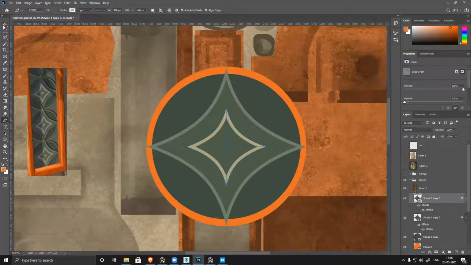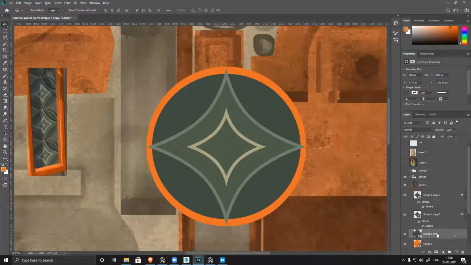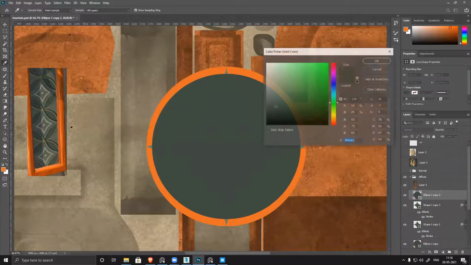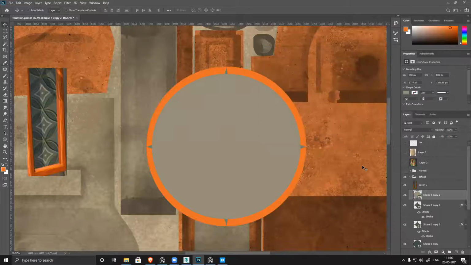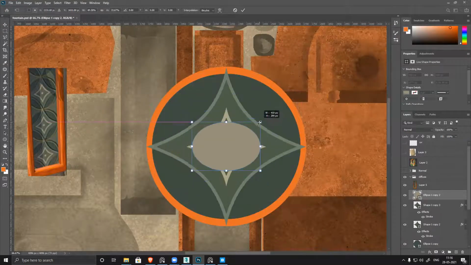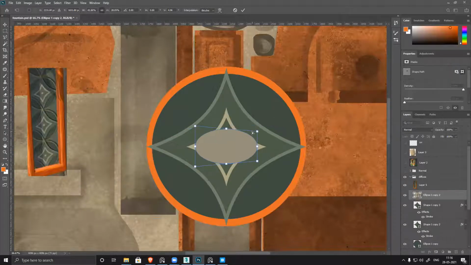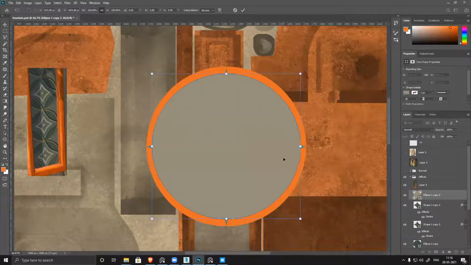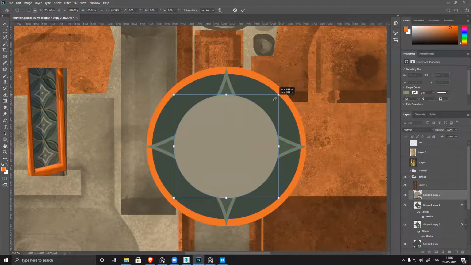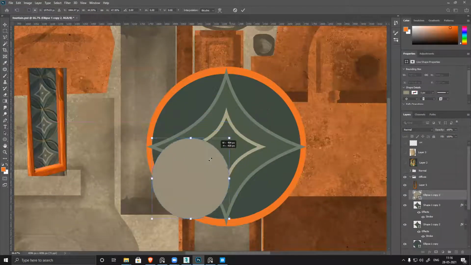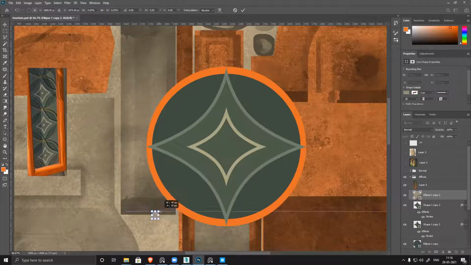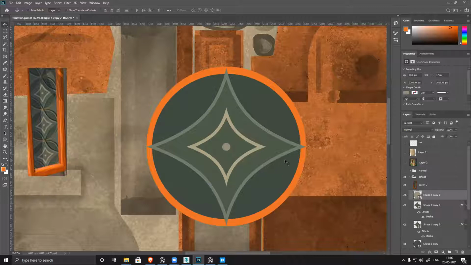Now in the center, we have another circle. Instead of recreating one more circle, I'll just duplicate this, fill it with this light color, Control T. So that dot is also ready.